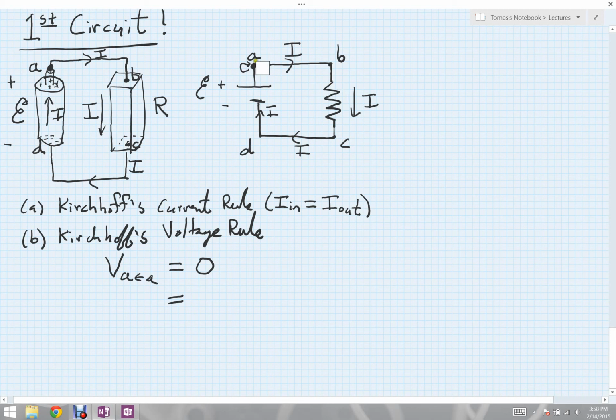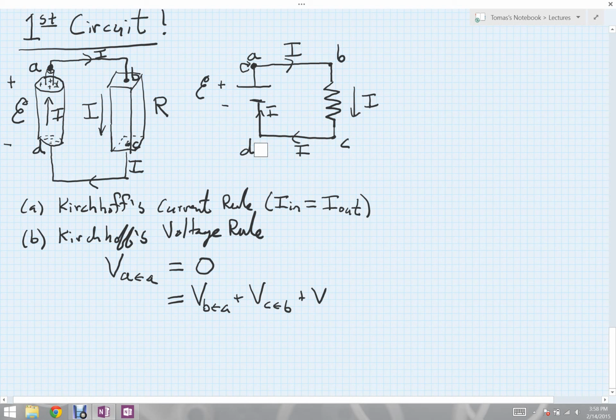If I want to go from A to A around this way, I can do it by first going from A to B, from B to C, C to D, and then D back to A. So the voltage from A to A is then going to equal the following sum. I will have the voltage to get to B from A, plus the voltage to get to C from B, as I go down from B to C,